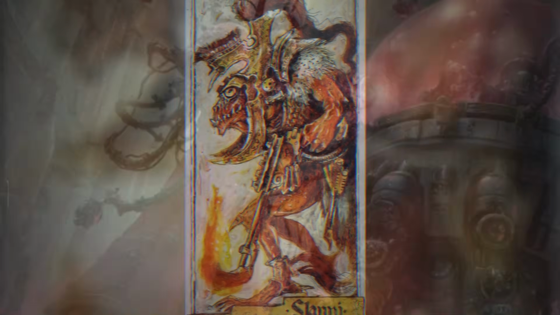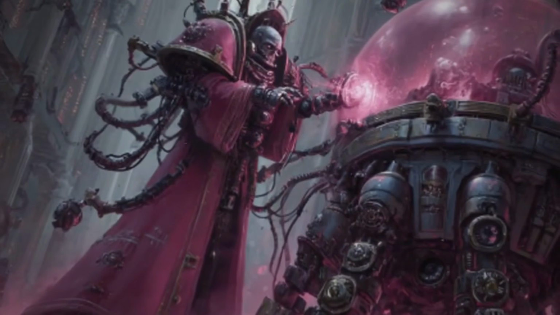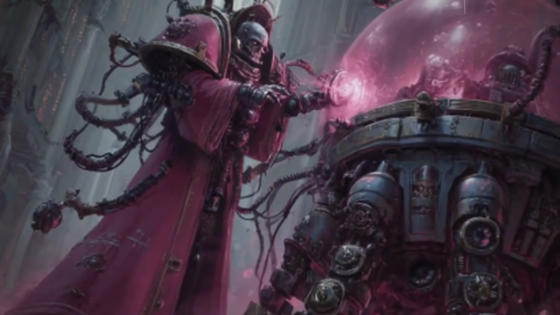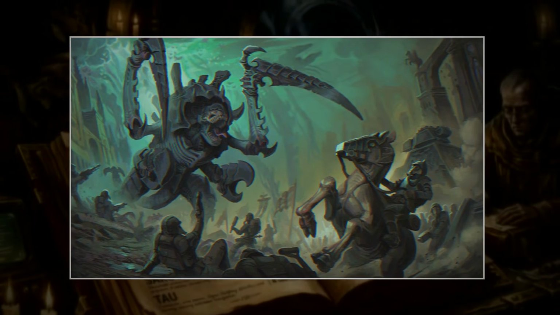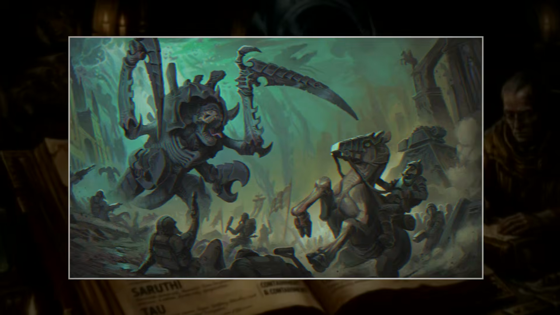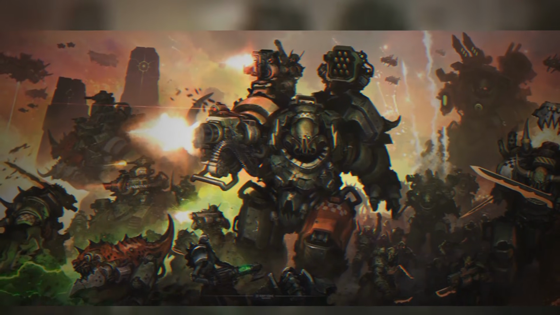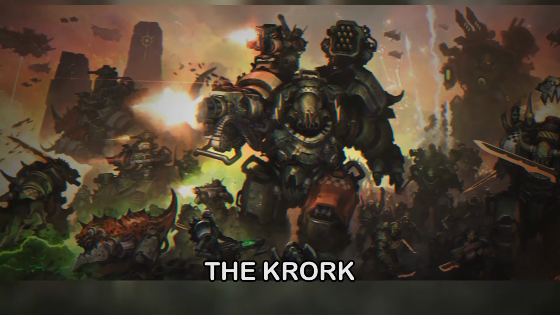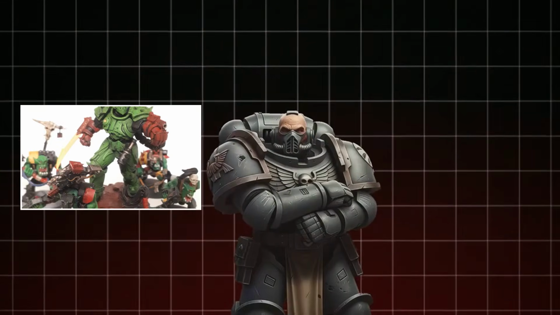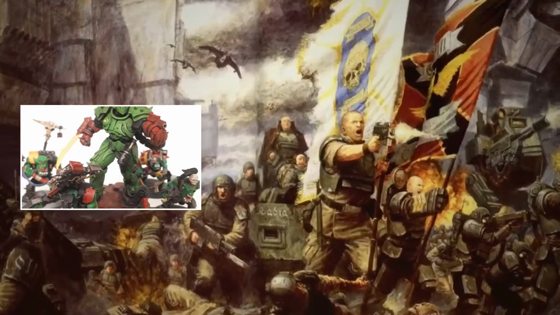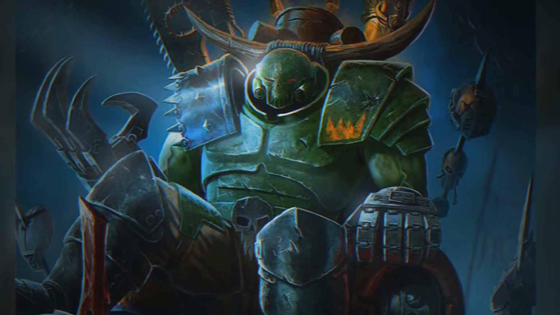But the Old Ones' foresight extended beyond merely creating a psychic counter to the Necrons. They understood that a purely psychic defense might not be enough against a foe as relentless and technologically advanced as the Necrons. Thus, they embarked on another ambitious project, one that would birth a species of unparalleled physical might, the Krork. The Krork were engineered to be a powerful and genetically optimized warrior race, designed to serve as the Old Ones' primary military force. Imagine a species built from the ground up for combat, endowed with incredible strength, resilience, and instinctive understanding of warfare. That was the Krork. They were the ultimate shock troops, capable of withstanding immense damage and dishing out even more.